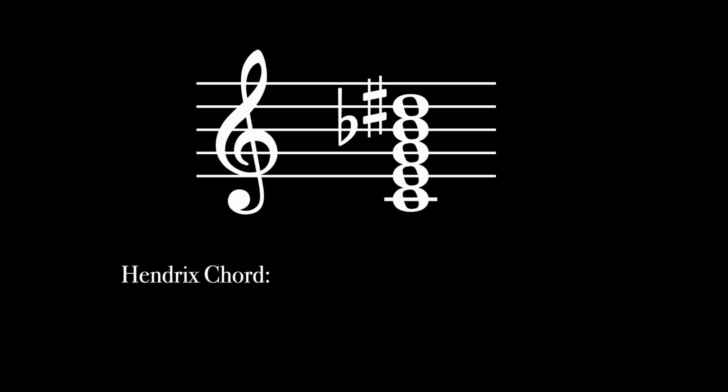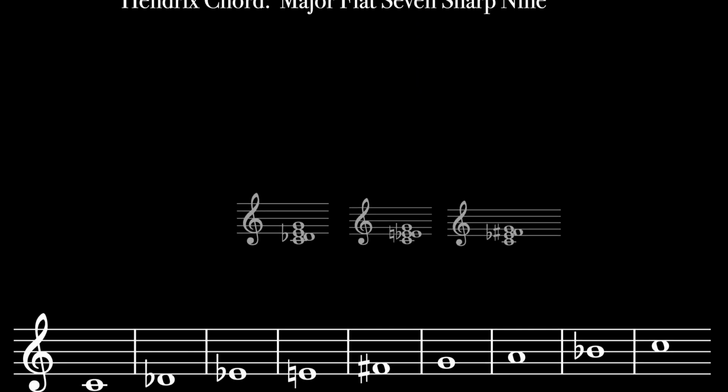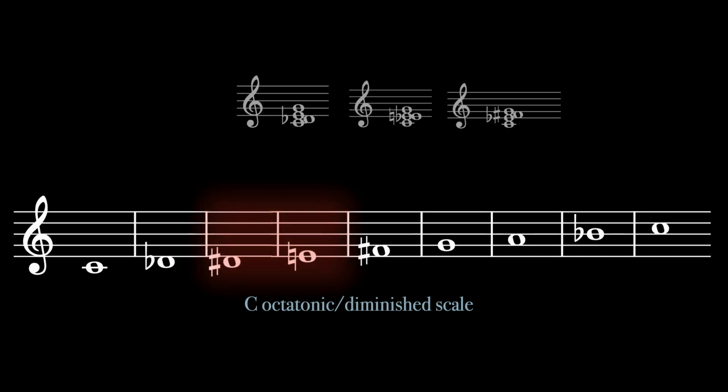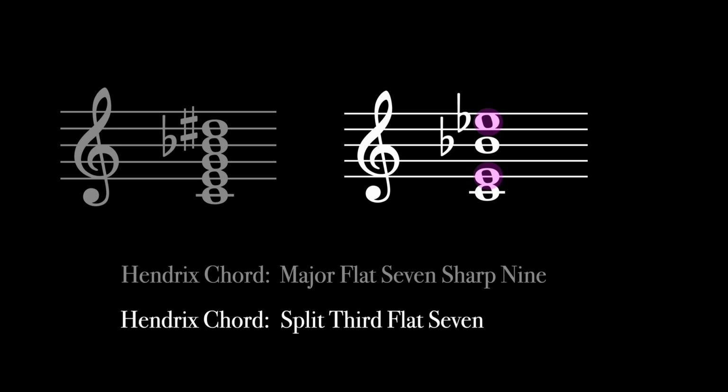The Hendrix chord is called a flat 7 sharp 9, and the sharp 9 looks nicer than the equivalent flat third. This sharp 9 sort of fixes the problem of the diminished scale, the home of split chords. A scale with too many notes for staff paper. However, the sharp 9 only looks nice, and misses the point of the chord. The clash between major and minor. It makes more sense to hear a Hendrix chord as a major and minor chord, a split third, with a